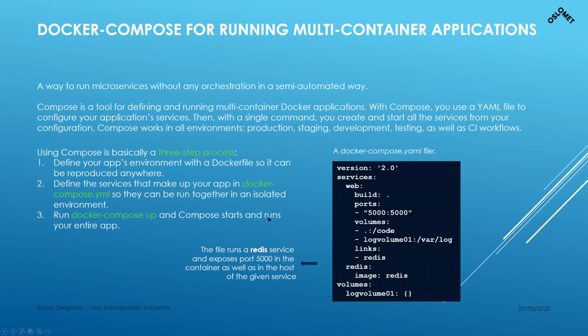So this is more or less a simple example of how you can run a Redis service just with a Docker Compose file. If you have this file, you just run docker-compose up and it will run a Redis service. That's how simple it is. This is the beauty of containers. You just don't need to worry about anything. If you're starting to deploy stuff on the go, this is the solution for you.